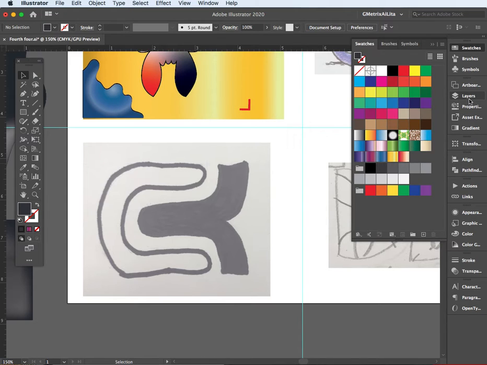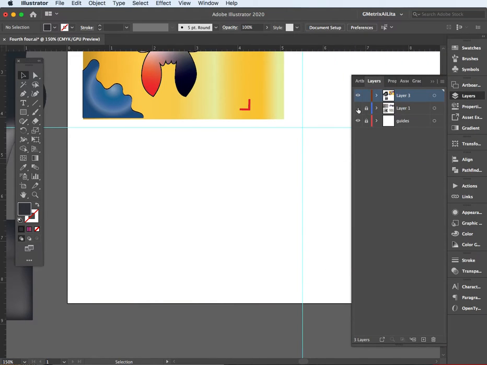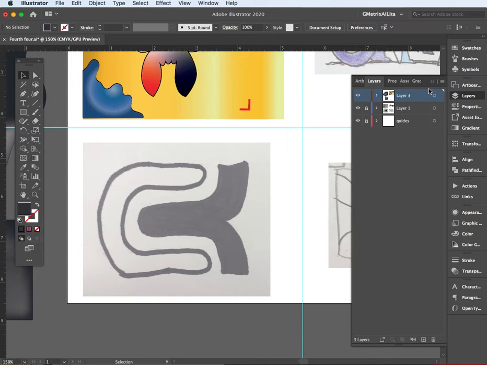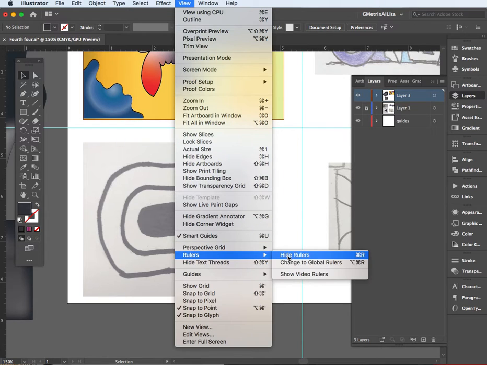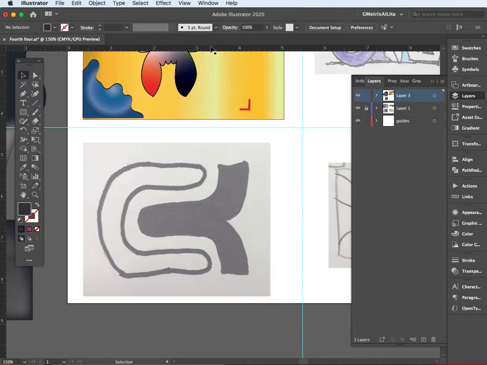If you take a look on your layers panel, the inside layer has the graphic on this, and you can hide this or place it in there. But I'm going to put a ruler guide in here, so I'm going to unlock the ruler guides. The ruler guides are located in the rulers, so if you do not have the rulers open, you want to make sure they're open. And I'm just going to drag one and put it right down the midpoint of his logo right here,